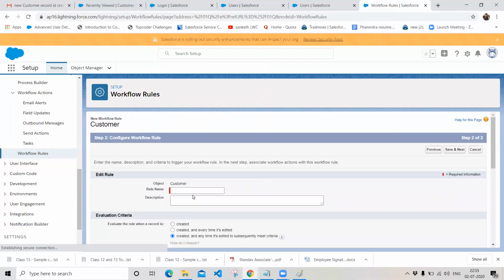Select your object and give your rule name outbound. And whenever a record is created, I want to send the data from my local Salesforce system to the third party system. Either it can be a SAP system or an Oracle system or a .NET system, and click on save and next.